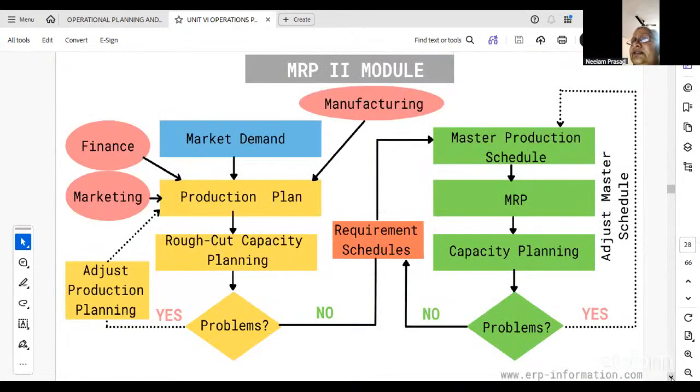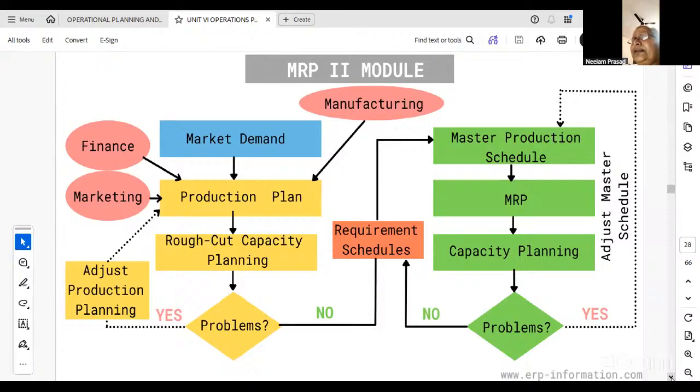Next, this is the MRP2 module. So here finance, marketing, market demand से प्रोडक्शन प्लान बना, वहां से एक रफ कैपेसिटी प्लानिंग बना, क्या जो प्रॉब्लम्स हैं या नहीं हैं, क्या प्रॉब्लम्स हैं, you have to see to it. Then if there are problems, yes, then the production planning has to be adjusted. If there are none, then requirement scheduling has to be done. So you have finance, marketing, market demand, manufacturing, all these are inputs. For output क्या होगा? Master production schedule,